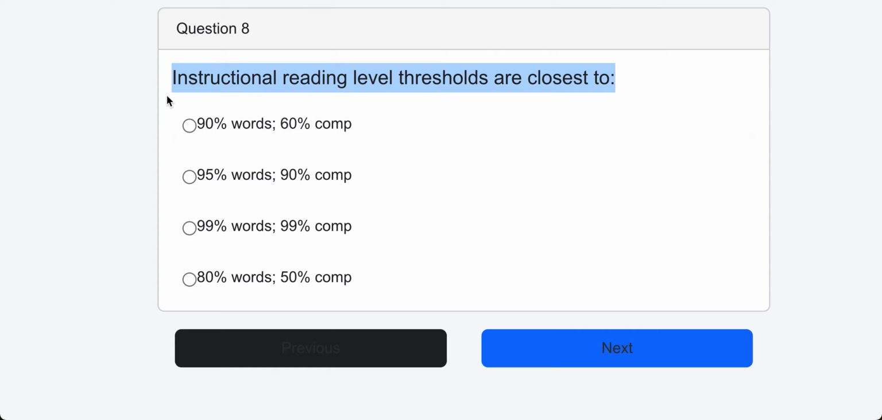This reads, instructional reading level thresholds are closest to. Now, we've talked about independent reading levels, and now we're talking about instructional reading levels. Remember, those are two different things. An instructional reading level is when the student can read at or above 90% of word accuracy and at or above 60% of comprehension with the teacher's support. So we're going to go here and select answer option A and move on to